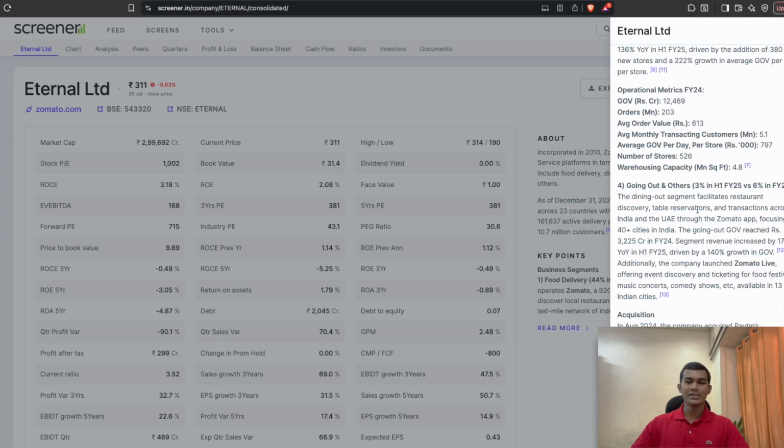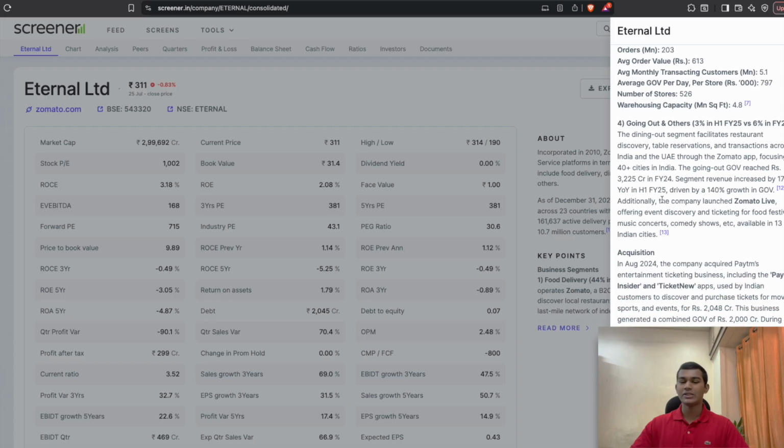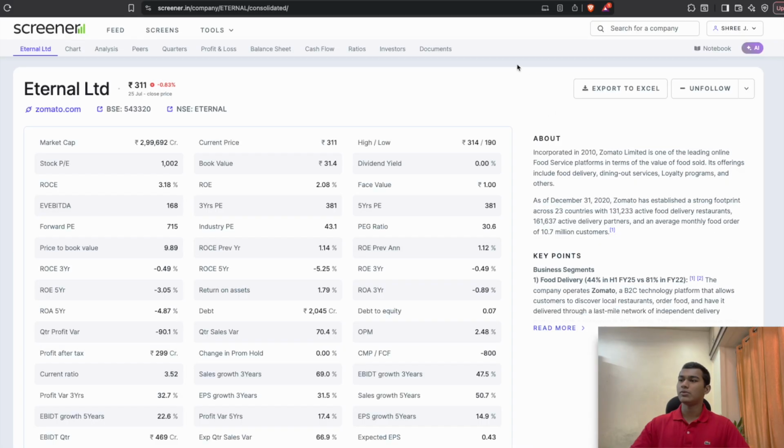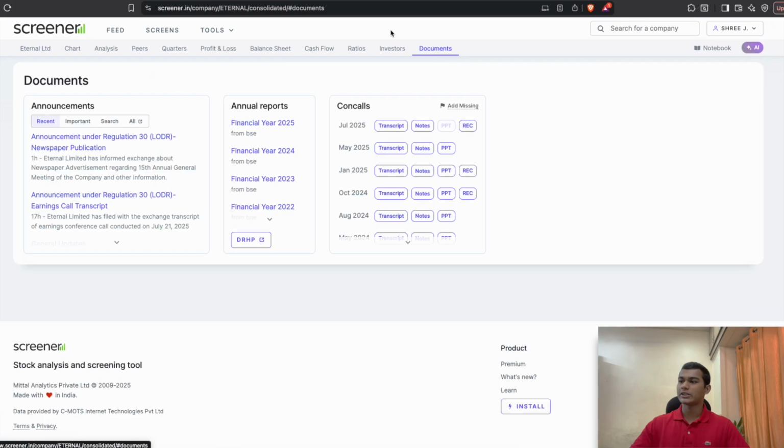But what happens is many times this information is outdated, or not up to date. So what you can do is you can go to this section right here, the document section, and when you go to the document section, you will see three sections. First is announcements, whenever a company makes a dividend announcement. Then there are annual reports. Then there are con calls. And in con calls, what you want to do is click on this PPT right here,